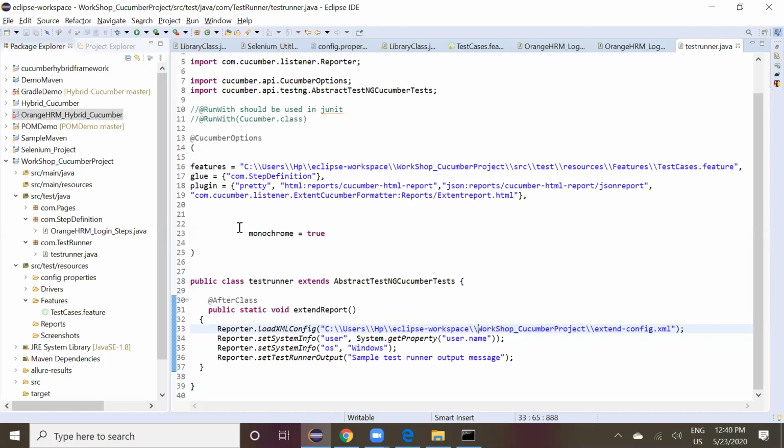Check, you see the report R is a capital letter. Give the path in your report HTML reports, right? The path of your report folder should be given.